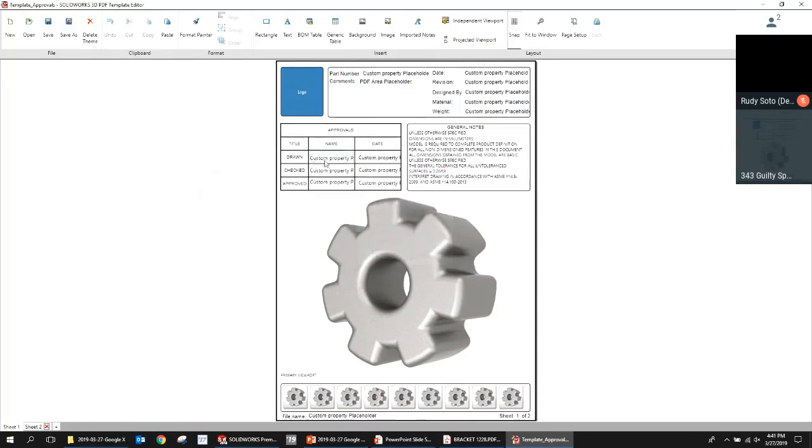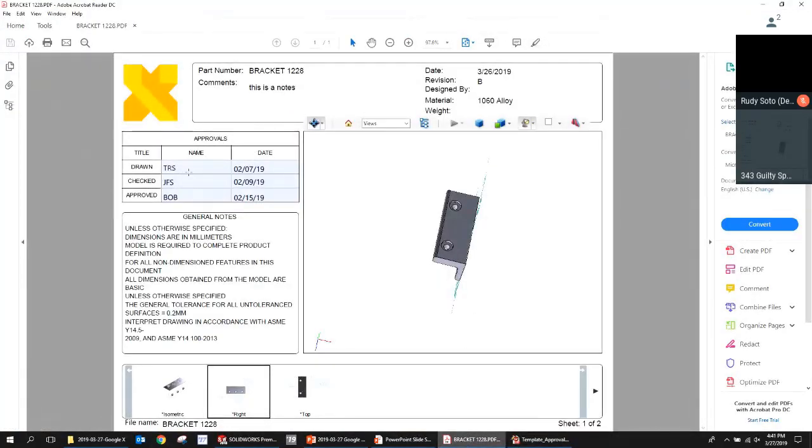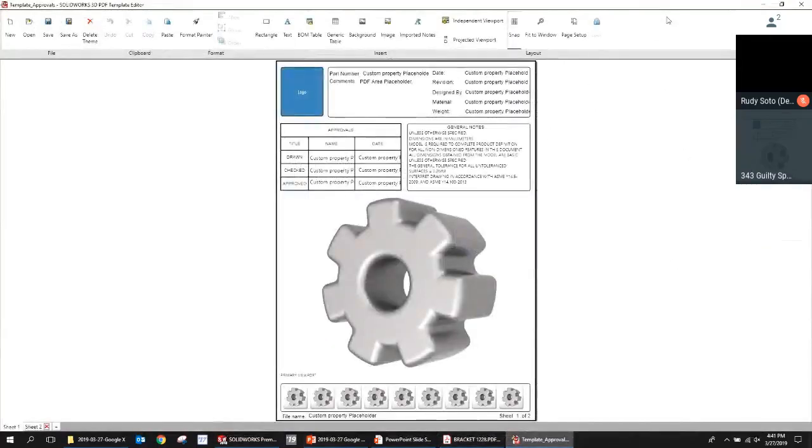When you create these fields here, these fields can be hooked to custom properties so that when you bring in the file from SolidWorks, these properties here, I didn't have to manually populate these. These are hooked to the custom properties that exist in the part file. So there's a lot of neat stuff that you can do with the MBD output to the 3D PDF.